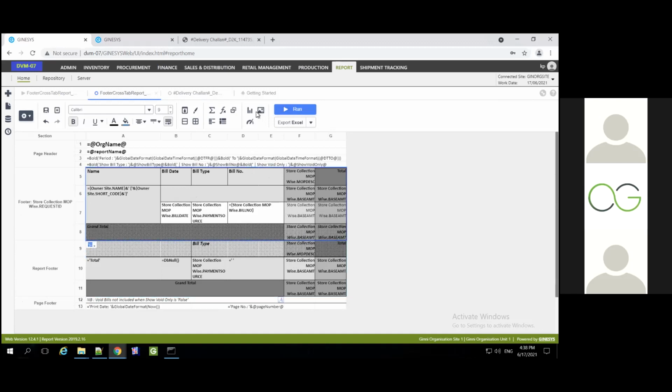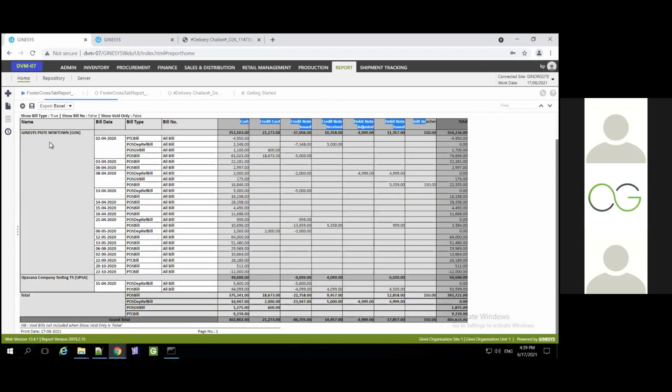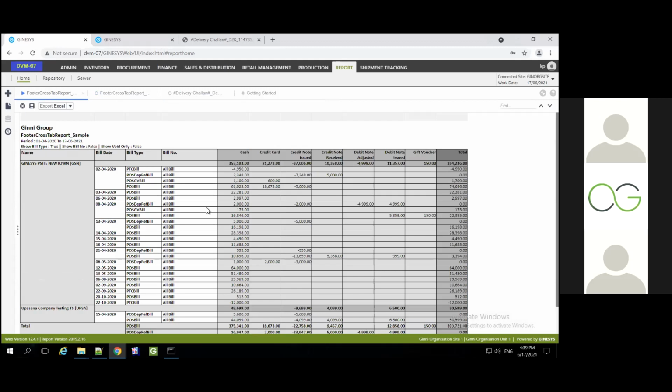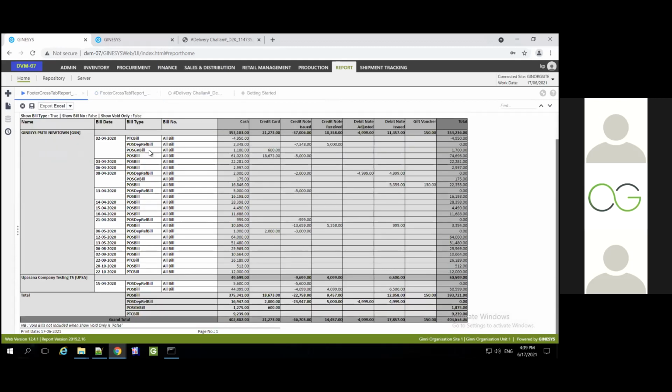So that is why we are using this cross tab for various purposes. Again, this is a summary with respect to the MOP request ID, and this is with respect to the overall report. So whatever date range you have selected, in this example you have selected a date range of 1st April 2020 to today's date. And so these are the various transactions that have happened for this particular store with the bill type and the bill date. So you get all the information. Then if you want to see the overall total, you can see that for that particular row.